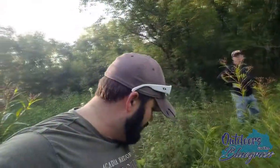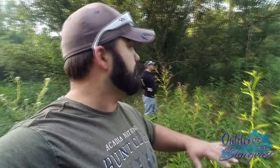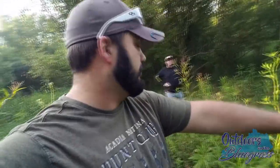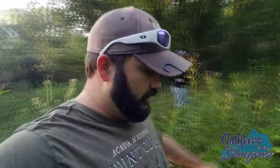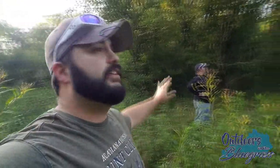Alright, still no scat, but we have found what looks so dead on to what I've seen last year: a bedding area in this tall grass. Probably been bedding down some fawns. You see some smaller circled beds over there, some larger, straighter beds here with doe and buck laying down. And then the other intersection over here where we first walked in and showed you where the creek bed lies,